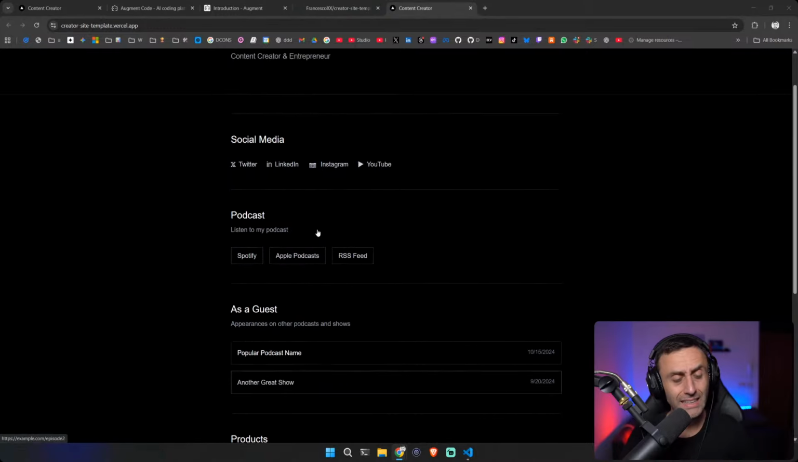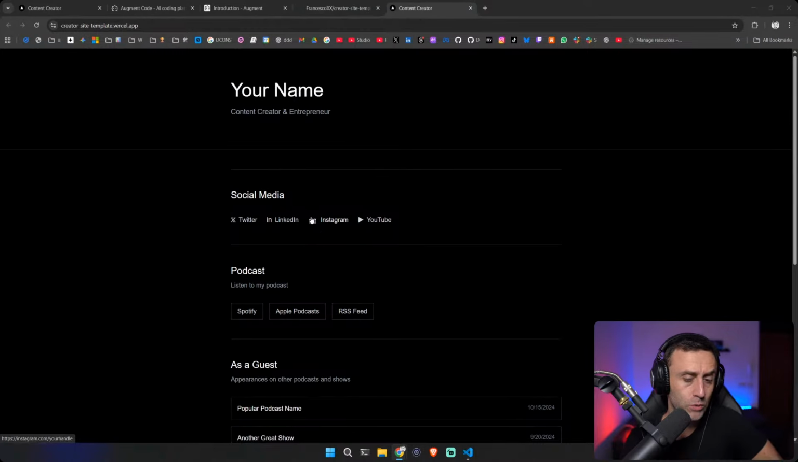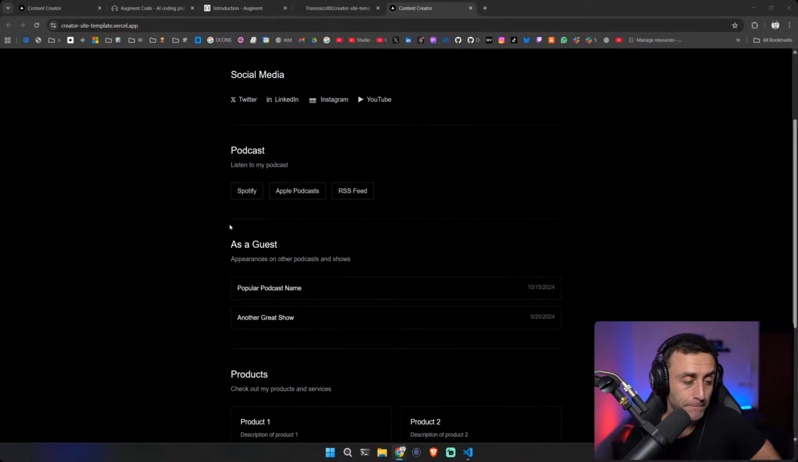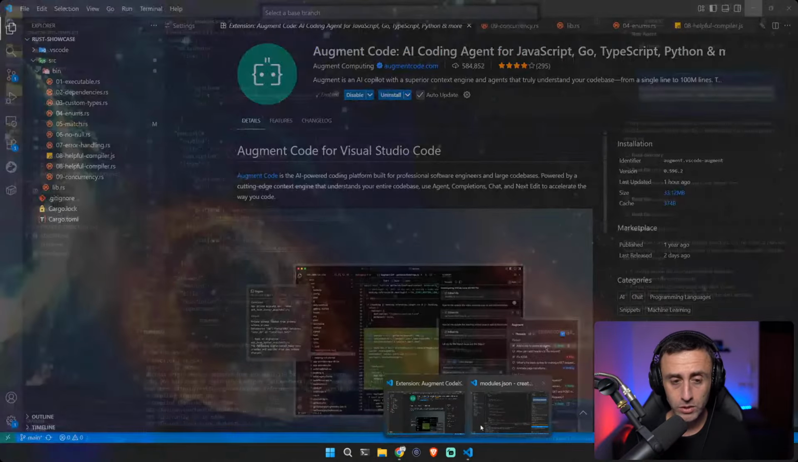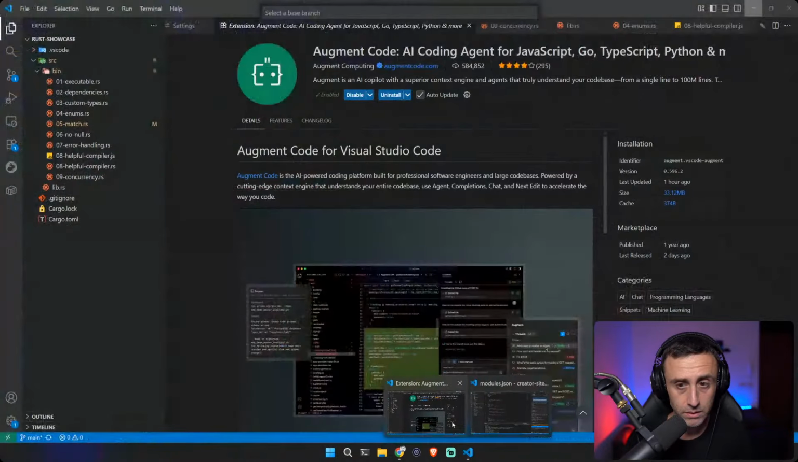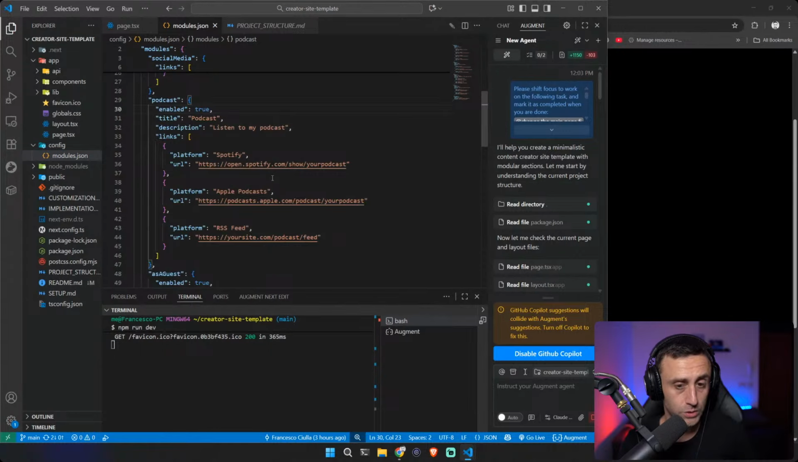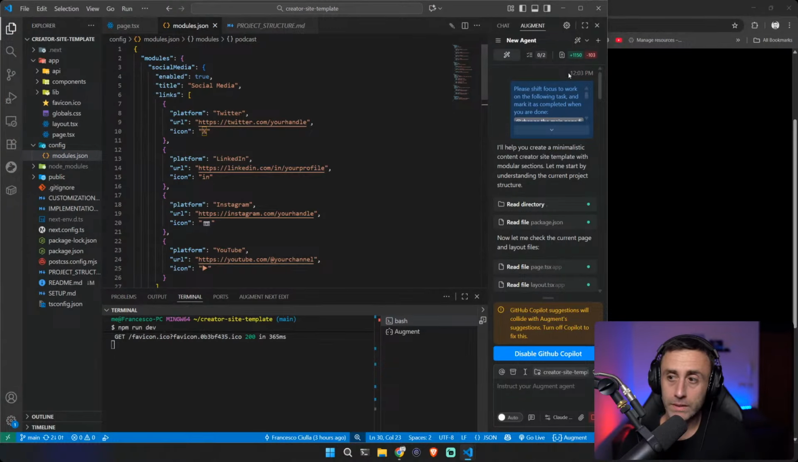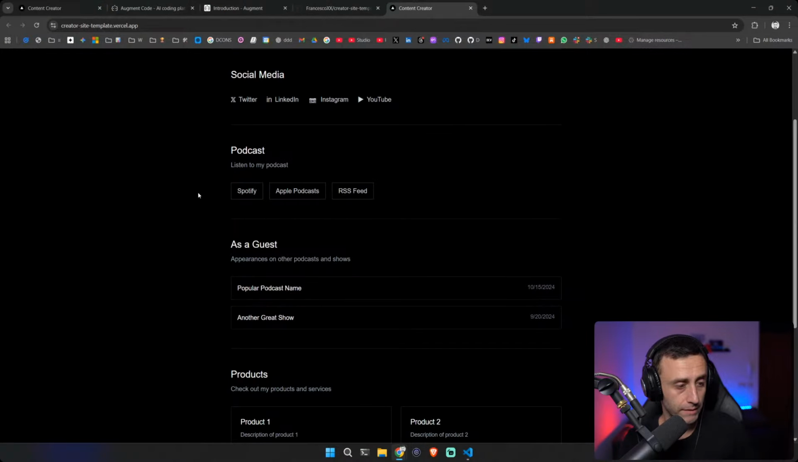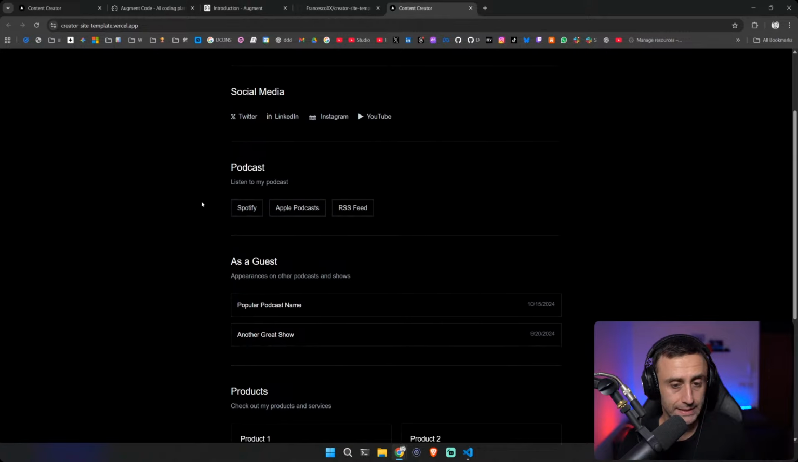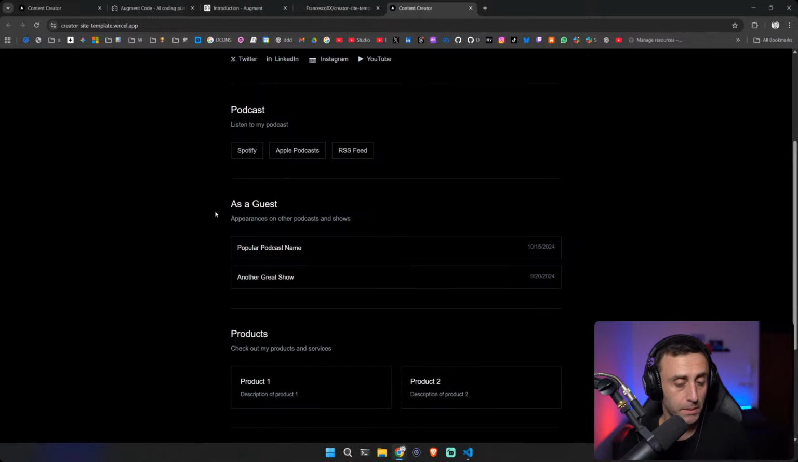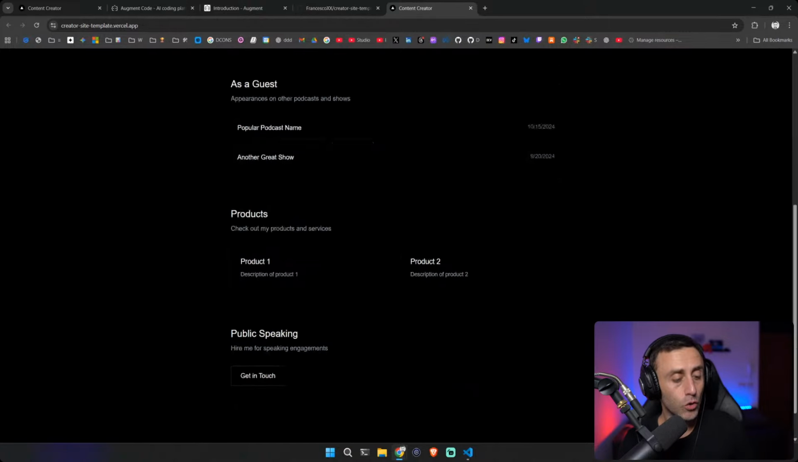and so someone said that we should add a section. I want to show you now the structure of the project, of course. It's something super simple. I think it's here. So you see this. This might be interesting. You see modules.json. This is the website. You see, we have social media, podcast, as a guest, products, public speaking. Okay, so the core idea here,